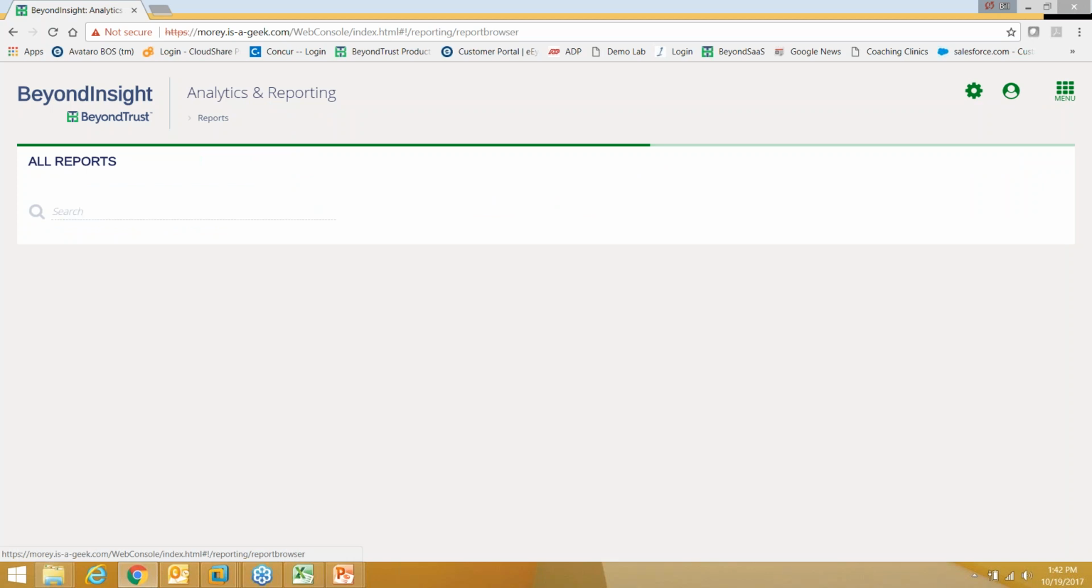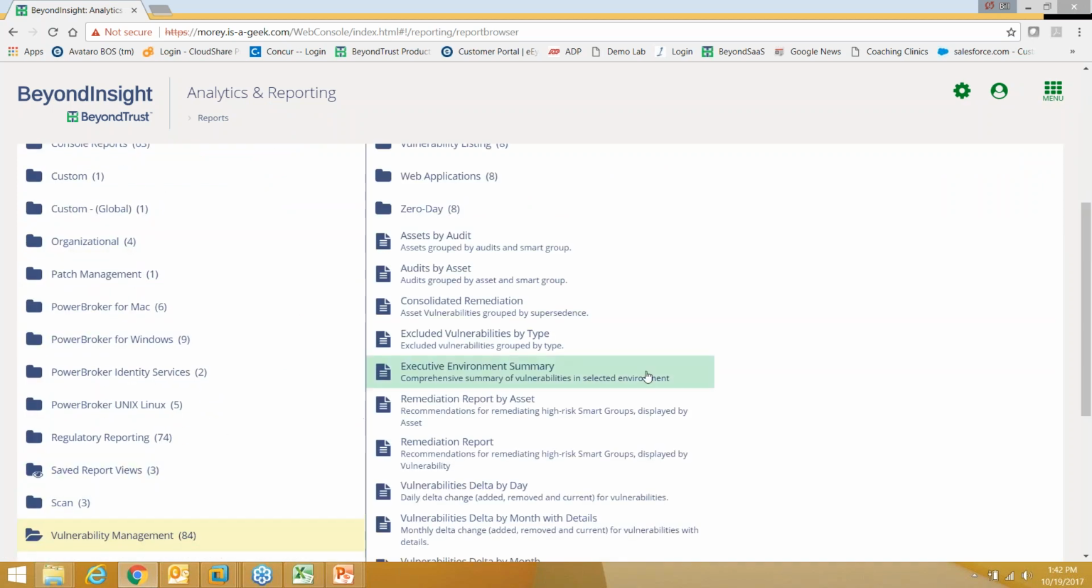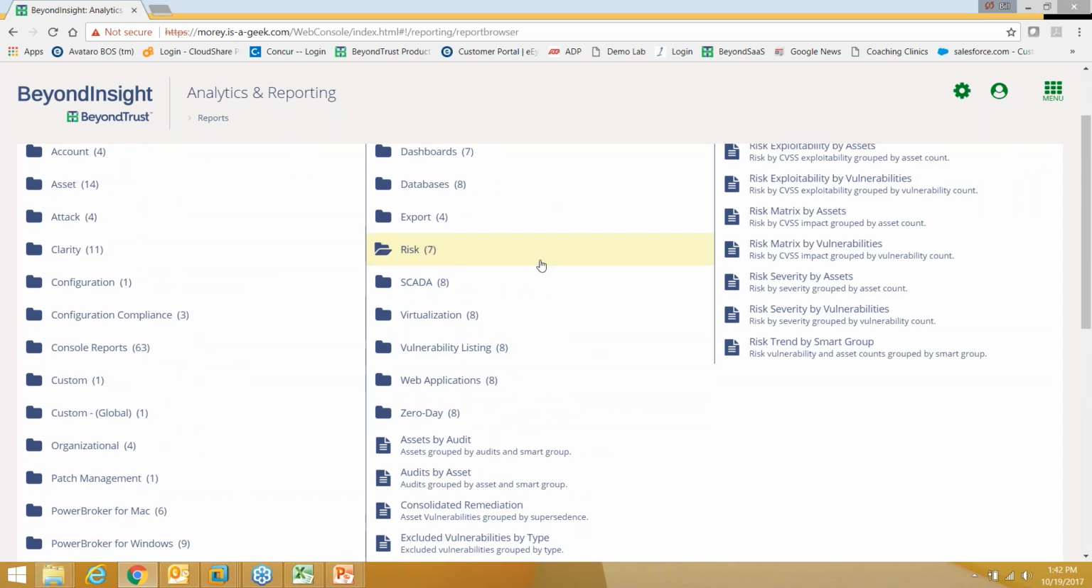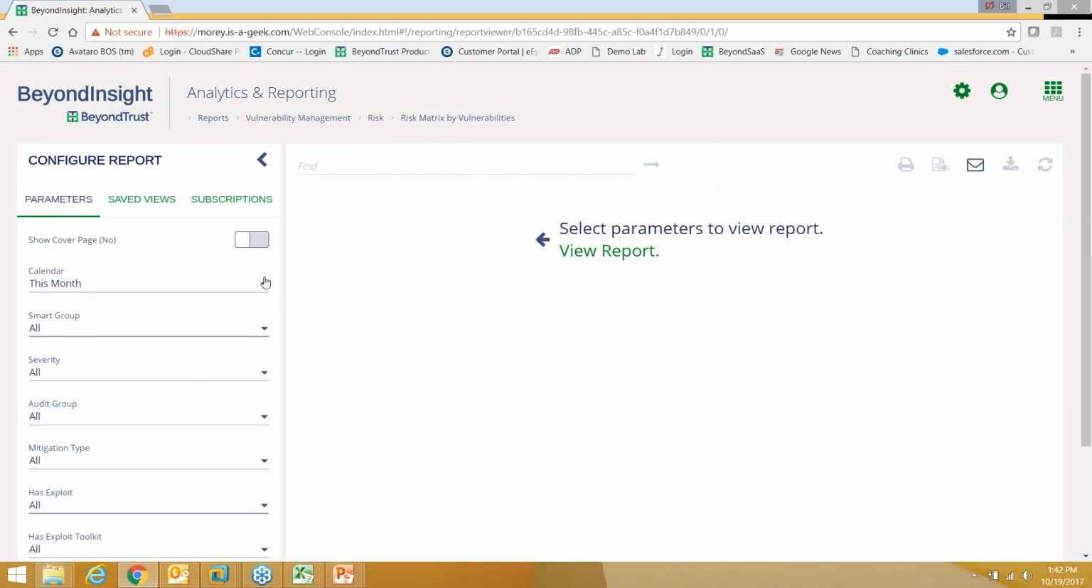I can also drill into the Beyond Insight Analytics and Reporting Console to show some additional data around vulnerability management to really focus on things such as risk. So one of the main features is where do we prioritize our efforts. So if I wanted to look at the risk matrix by vulnerabilities report, which is going to go ahead and show me,